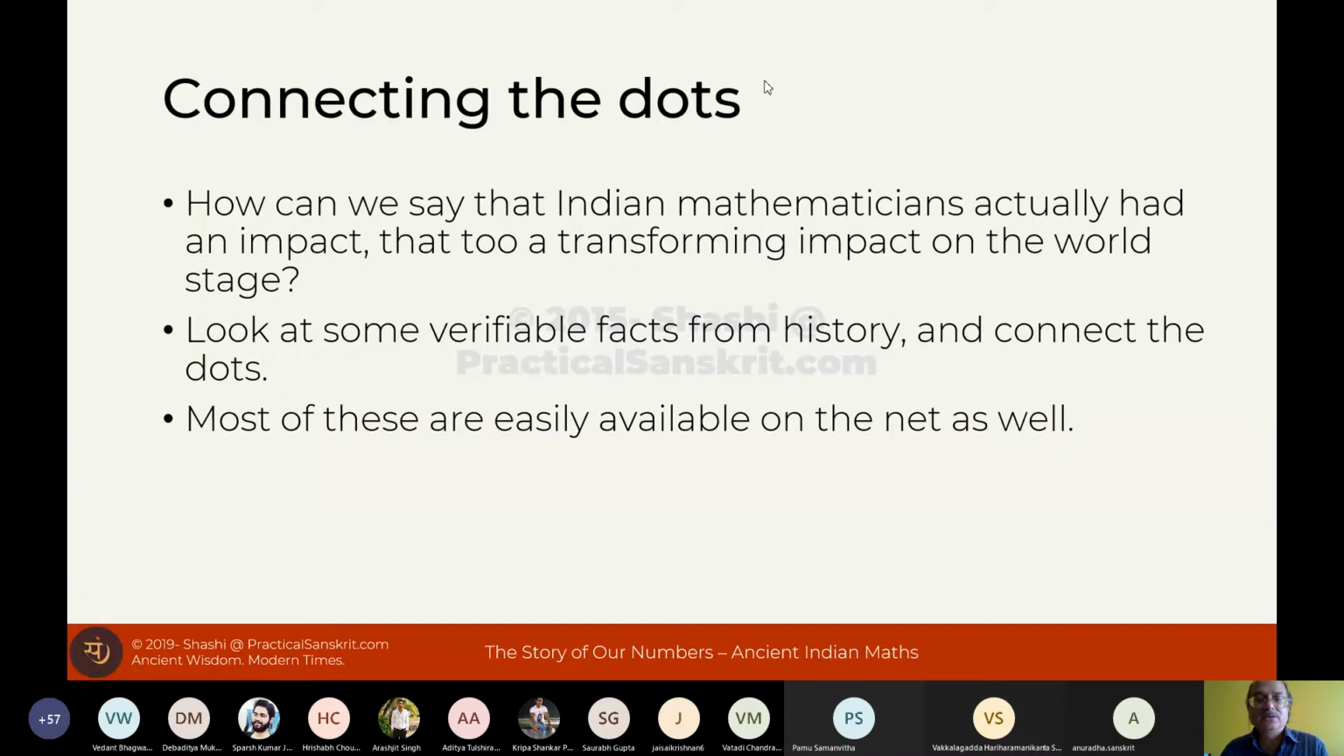So now let's connect the dots. How can we say that Indian mathematicians actually had an impact also on the world mathematical scene? How can we say that? Zero and decimal system, let's go beyond that. So we can look at some verifiable facts from history. And I've picked up these dates from the internet, from reputed colleges, that say what is the timeline of